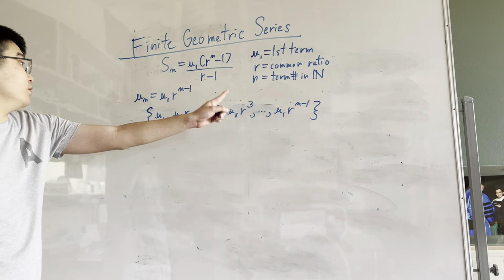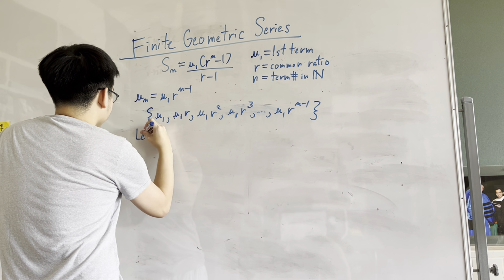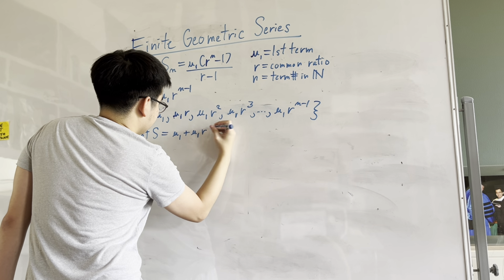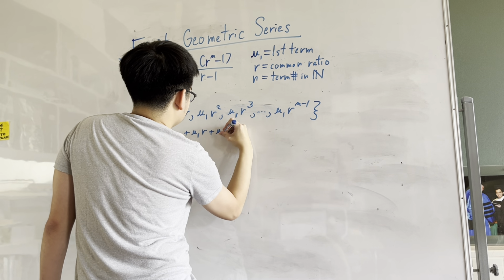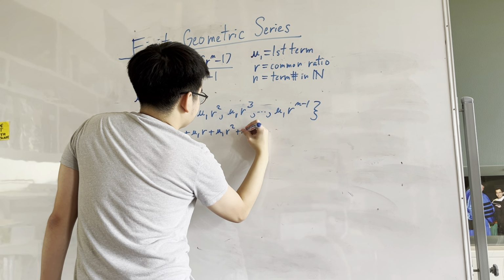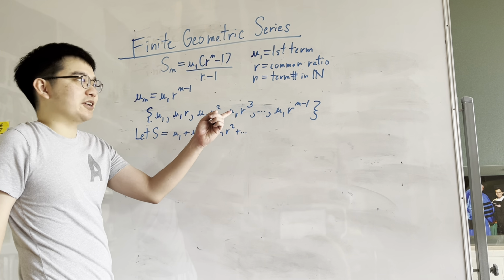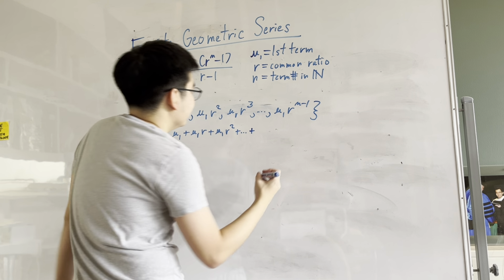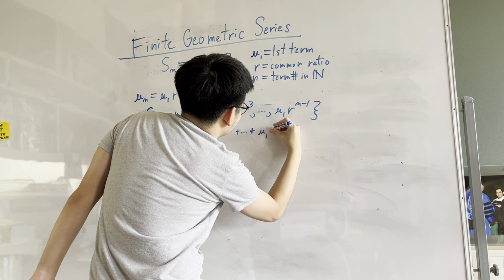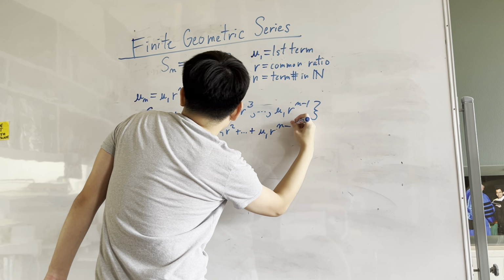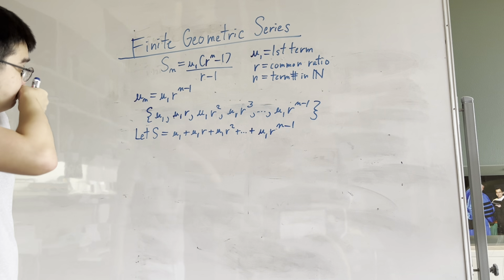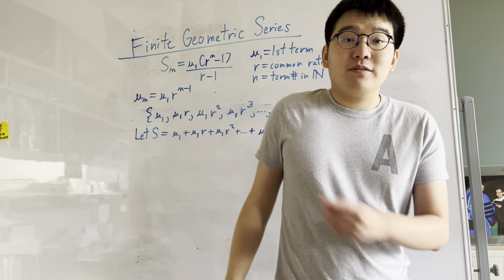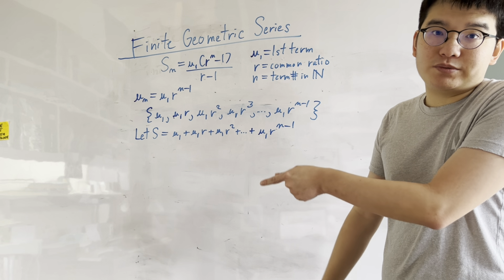Now let S be the sum of all these terms in the geometric sequence. I'm lazy. I'm not going to put the u sub 1 r cubed there, but you'll get that it gets condensed into this omitted dots notation. Okay, very good. And just like what Gauss did with counting the sums from 1 to 100,